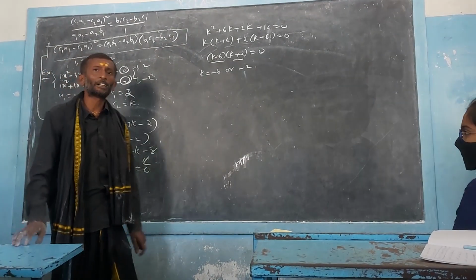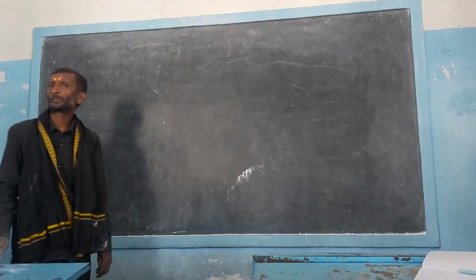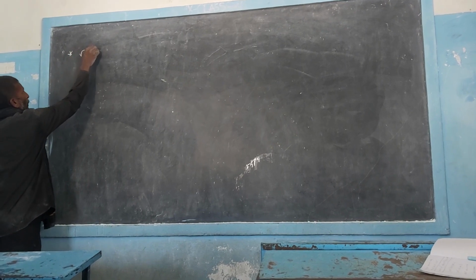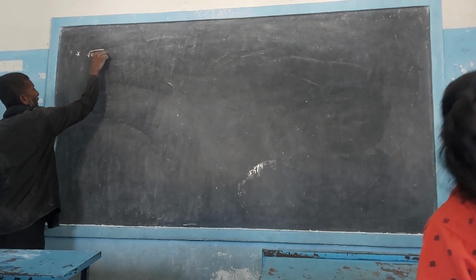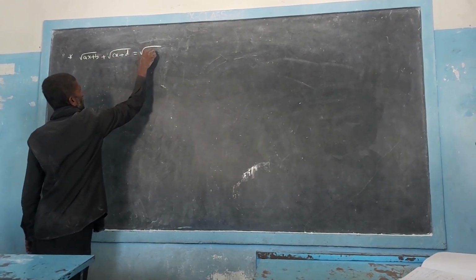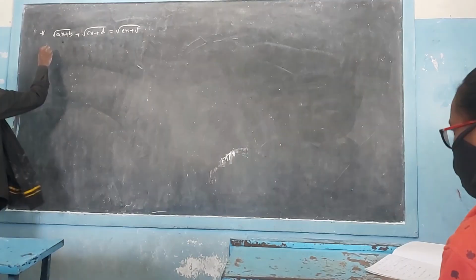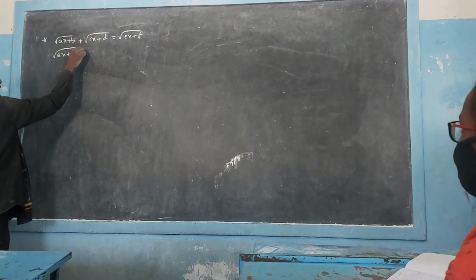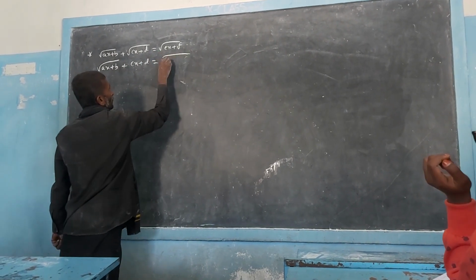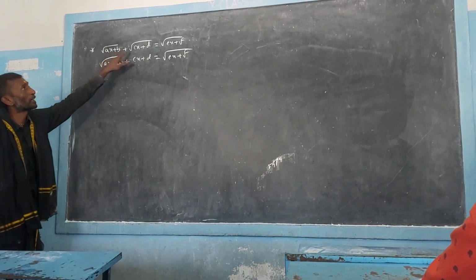Now we are going to discuss how to solve quadratic equations if they are in particular forms. These are very important and useful. For example, if the equation is in the form: root of ax plus b, plus root of cx plus d, equals root of ex plus f. Or else, if you have a square root on only one side, for example square root of ax plus b, plus cx plus d, equals the square root of ex plus f. Or else one root is there, and here two roots are there.